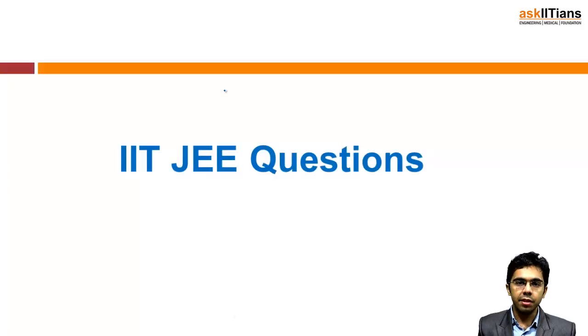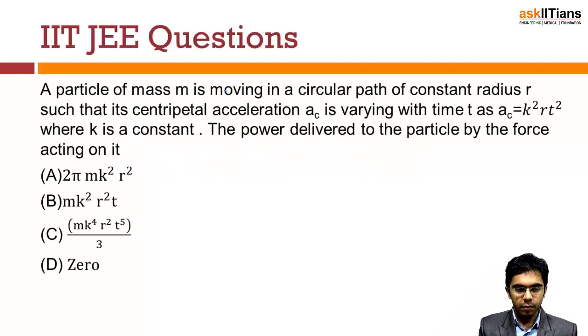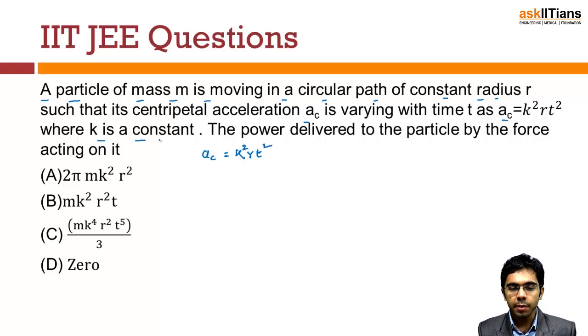Now guys, previous year questions of JEE. Now let's look at question number 1. A particle of mass small m is moving in a circular path of constant radius r such that its centripetal acceleration AC is varying with time as AC is equals to k square r t square, where k is a constant, and the power delivered to the particle by the force